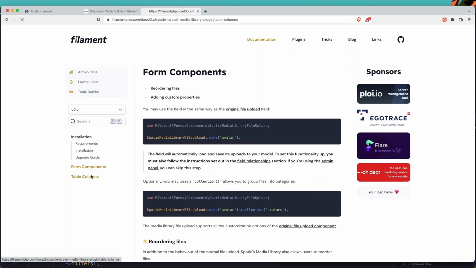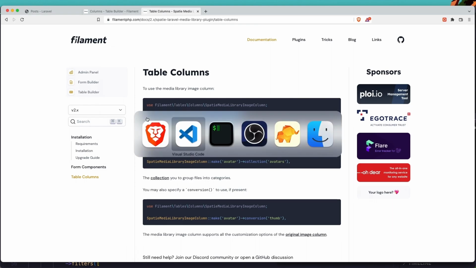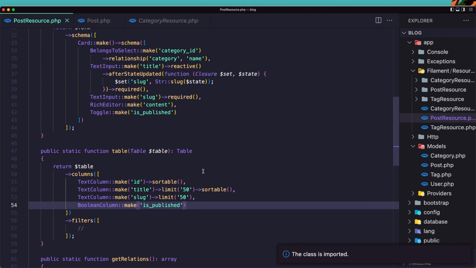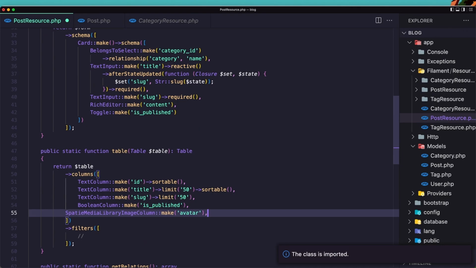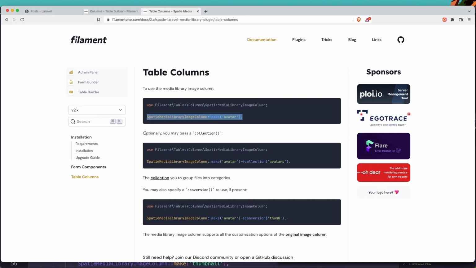go to the table columns. And here we can display that. So copy and paste it here. Import the Spatie Media Library. Make this not avatar, but I'm going to say thumbnail. Save, and now when we create it, I'm going to add